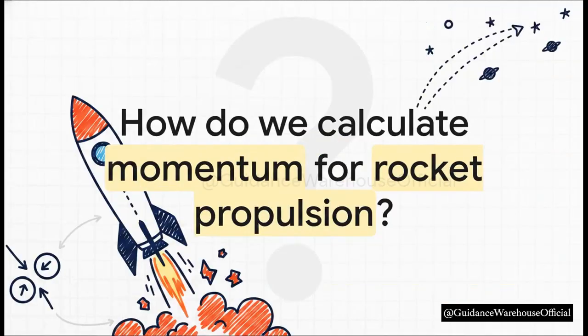So we've totally mastered predictable, solid point masses today. But I want to leave you with this one thought. How on earth do we calculate momentum when an object isn't just bumping into stuff, but is actively exploding its own mass backwards to shoot itself forward? Think about a rocket launching into space. How do we map that momentum? Think on that, because we're going to tackle the wild math of rocket propulsion